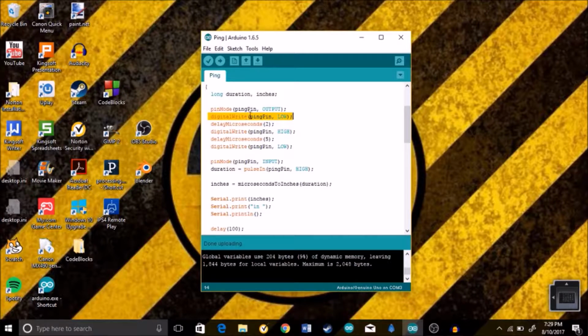So then we're going to have digitalWrite pingPin low at first, so it can give us a clean signal, because the ultrasonic sensor needs 2 or more microseconds to send its signal. So then we have a delayMicroseconds of 2. Finally we put the pingPin to high so it can send a signal out, and then we have it delay 5 microseconds,